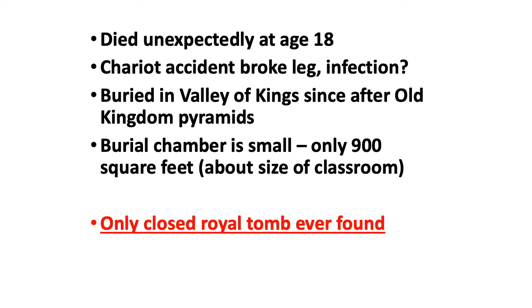Now, he was, again, buried in the Valley of the Kings. His burial chamber is very small. You can go visit it. It's only about 900 square feet. That's about the size of a typical classroom, about 30 feet by 30 feet. And that is very, very small for a pharaoh. Even though he was a young pharaoh, he was a pharaoh. Other pharaohs have much larger and more elaborate